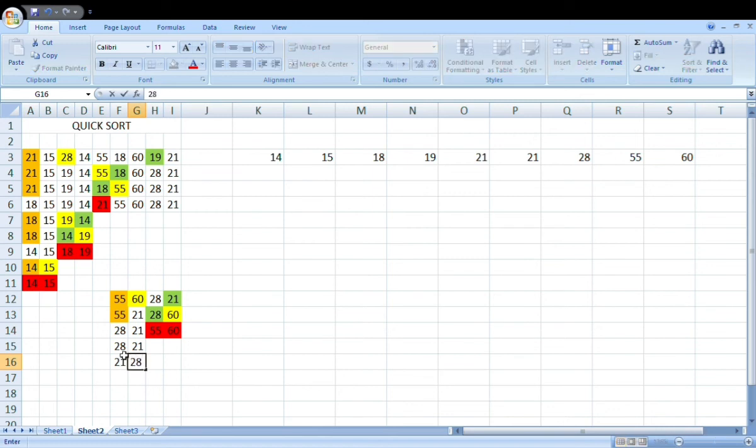Actually, if I have to explain in the same way as I explained previously, it will try to find a bigger number compared to 28 starting from here and navigating towards right, but there is only one number, right? It can't navigate here, so there is no value greater than 28 in this list.